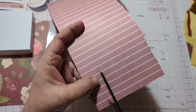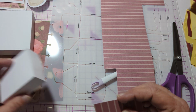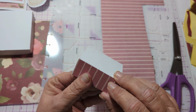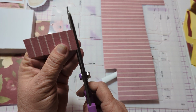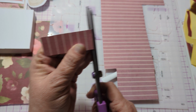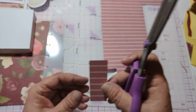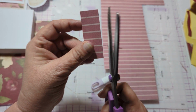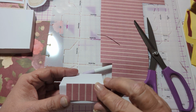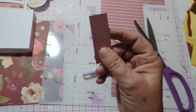And I'm just going to fit it the same way I did the box sides. See, it's just a little too big. Not bad. So I'll just take and cut this stripe off here. Now I'm going to check it out. So that's almost just too perfect. And so when I trace this, it would be